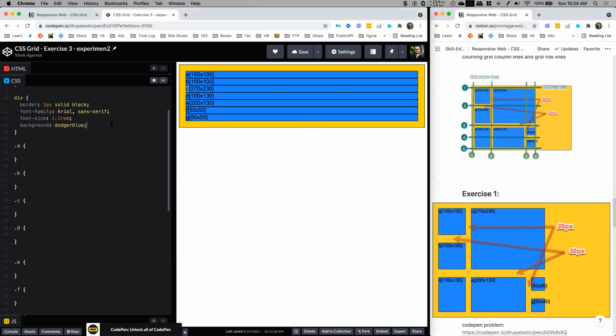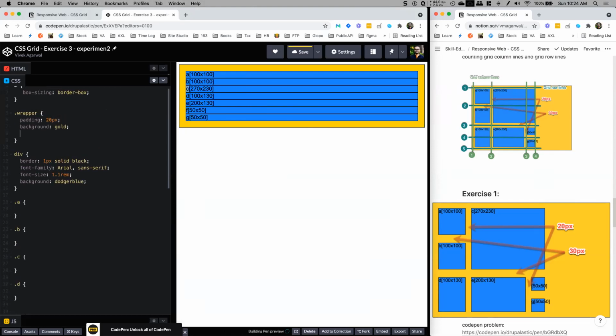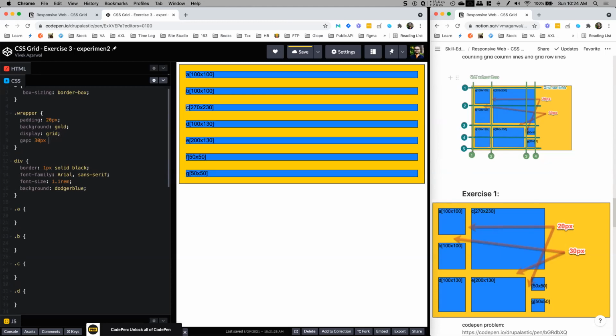सबसे फर्स्ट काम हम क्या करेंगे फ्रेंड्स, जो हमारा रैपर डिव है, जो हमारा पेरेंट डिव है, हम उसे डिस्प्ले ग्रिड देंगे। ठीक है, आपको कुछ भी फर्क अभी नजर नहीं आएगा, पर हमने डिस्प्ले ग्रिड दे दिया। फिर ग्रिड हमें एक बहुत ही पावरफुल फीचर देता है, वो है गैप। और गैप में हम इस तरह से गैप दे सकते हैं। तो हर रो के बीच का गैप 30 पिक्सल हो जाएगा और हर कॉलम के बीच का गैप 20 पिक्सल हो जाएगा। एक लाइन में हमने अपने ग्रिड सिस्टम का गैप डिफाइन कर दिया।